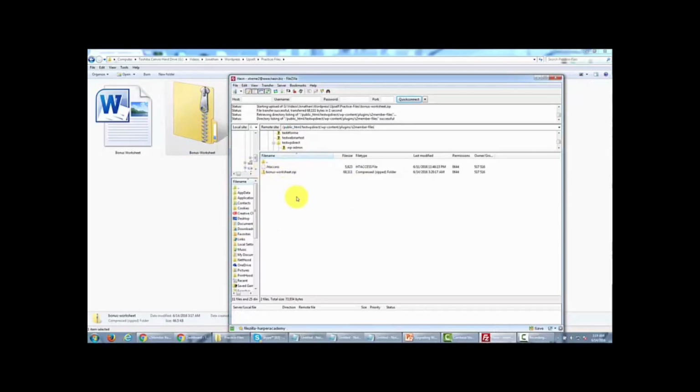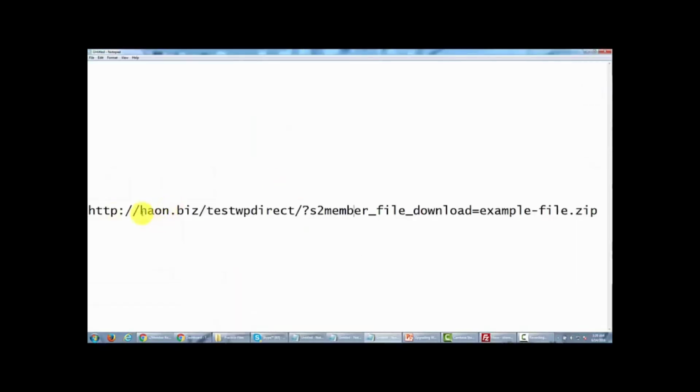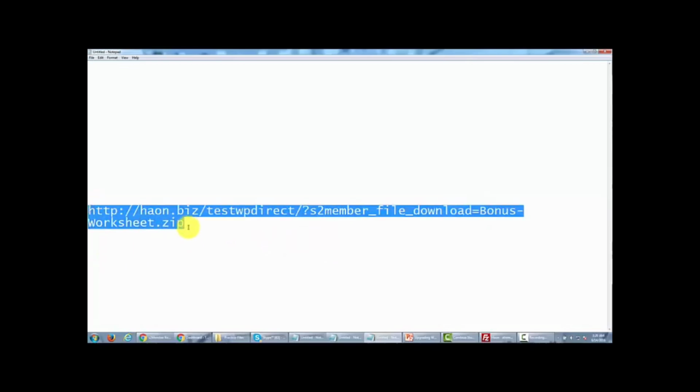So now what we need to do is name this link according to the convention that we talked about a minute ago. So if you recall, we said that we needed to name the file according to our URL, according to that directory, with these words, and then instead of example file, we're going to put in the name of our file. So now what we have here is the link, using bonus-worksheet instead of example file. So what we're going to do is copy this,